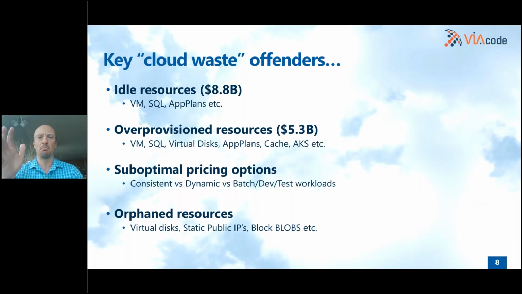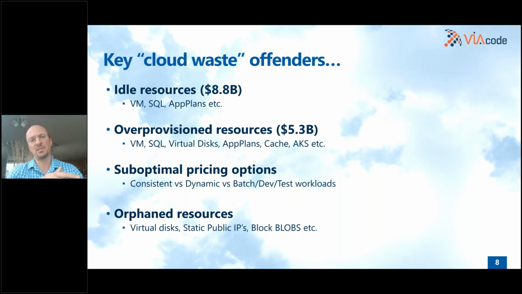And if you look at the biggest bucket of waste, according to RightScale, 44% of resources are non-production, which means that they're not used 56% of the time, and they idle. And while cloud resources are idle, you're still paying for them. That bucket represents approximately $8.8 billion, almost $9 billion, of cloud waste, followed by the resource over-provisioning issue.